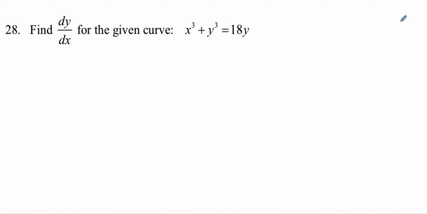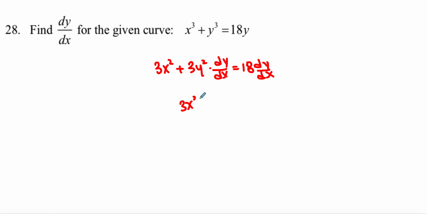Number 28. This is implicit differentiation. Find dy over dx. So the first one is 3x squared. For the second one, we have to use the chain rule because y is a function of x. So we get 3y squared times dy over dx equals 18y. That means simply 18 is the derivative, but by the chain rule we have dy over dx. Then we can bring all the terms with dy over dx to one side. So we end up getting 3x squared is equal to